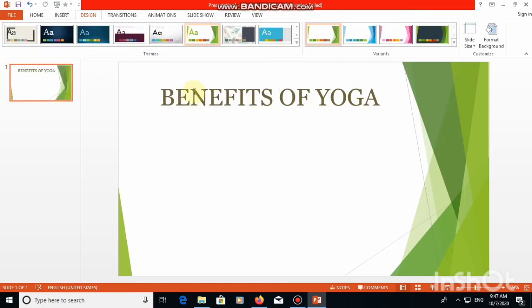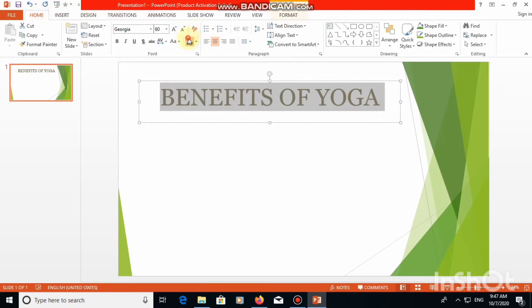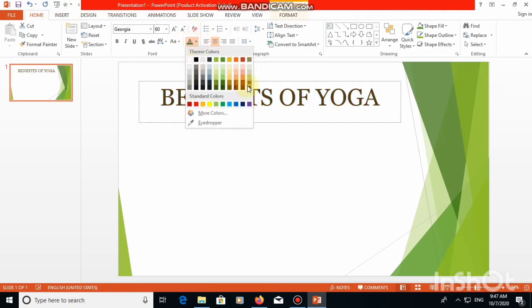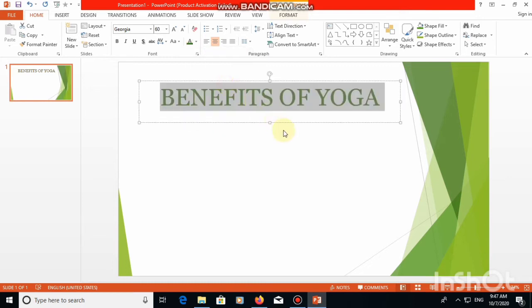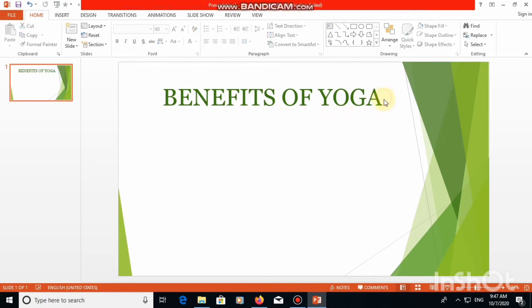Here the color of the text is changed according to the design, but you can again change the color according to your choice. Okay, you can increase the size of the placeholder, and you can also write your name under it.